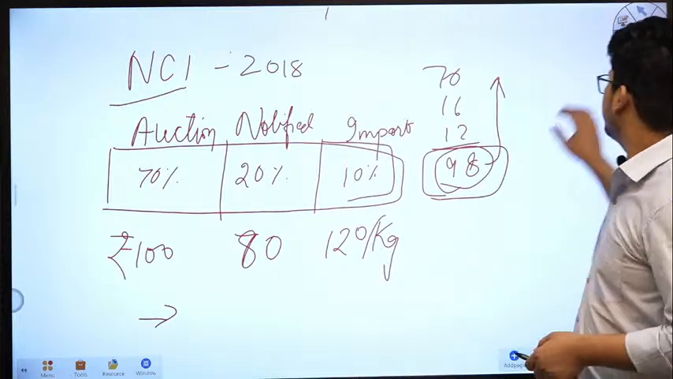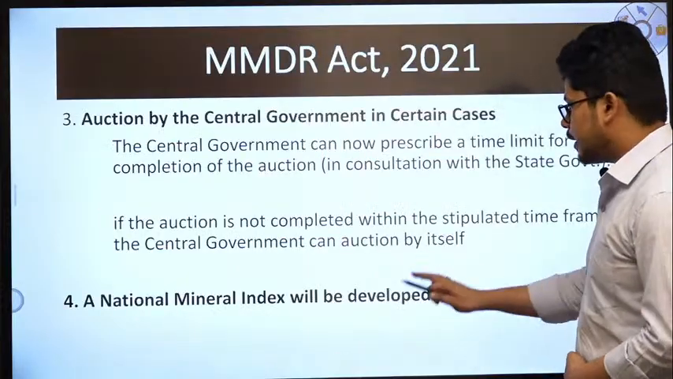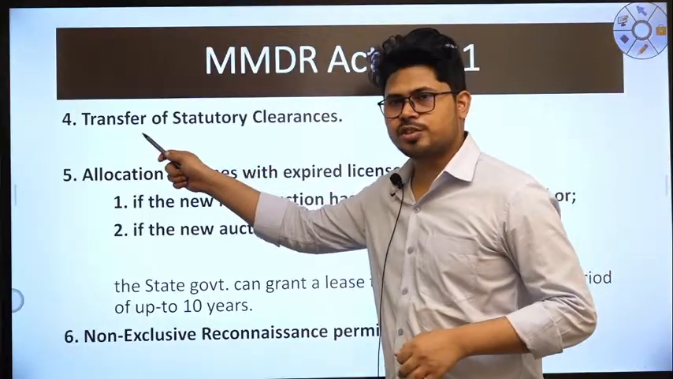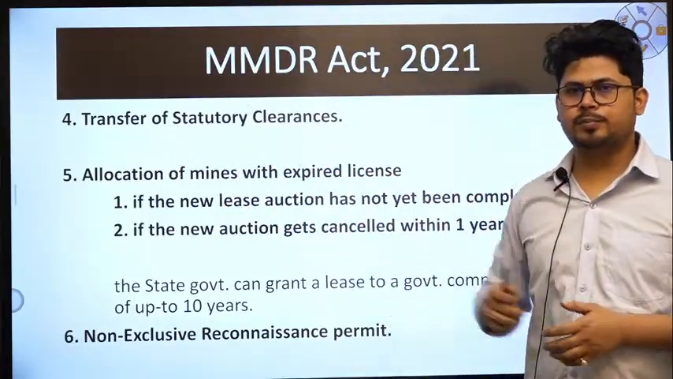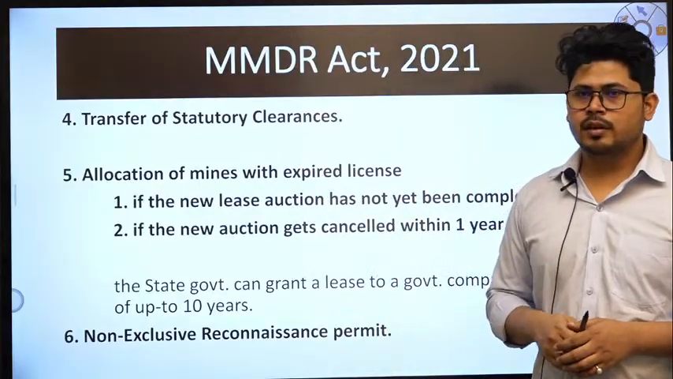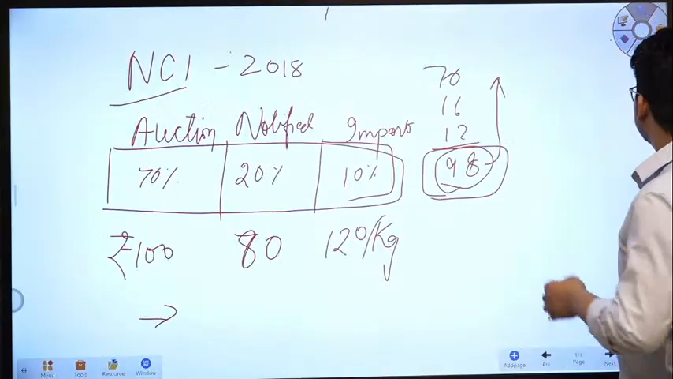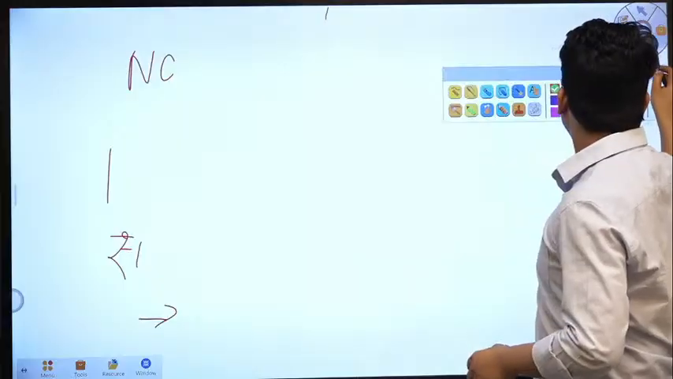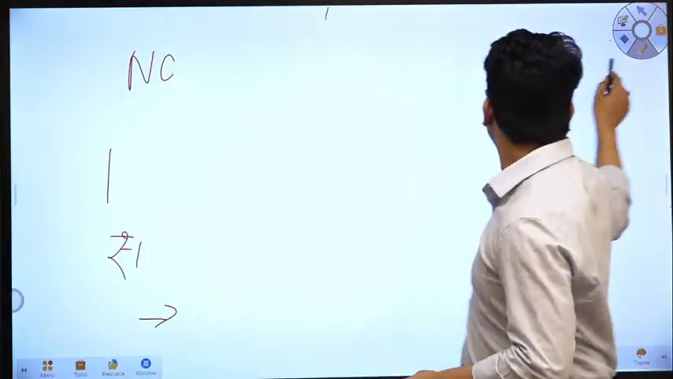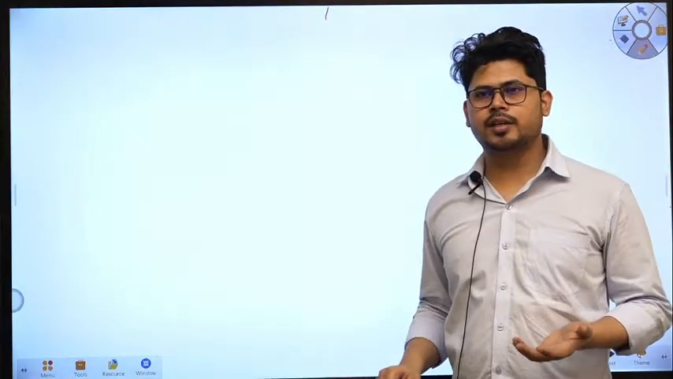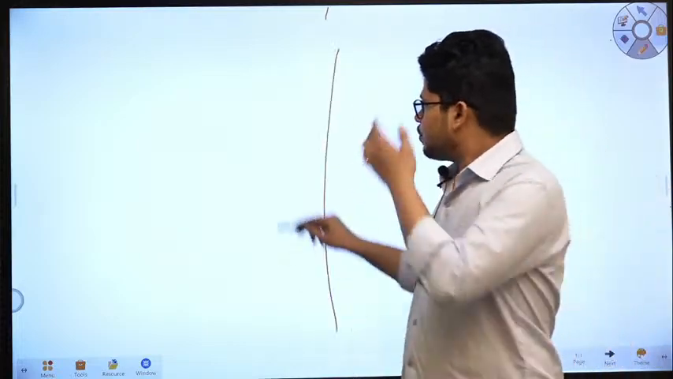That is national mineral index. Now, this is a very contentious issue from the environment point of view, the transfer of statutory clearances will take place. इसको हम समझने की कोशिश करते हैं. What is this? What happened? What earlier was कि transfer of statutory clearances. What the earlier in MMDR